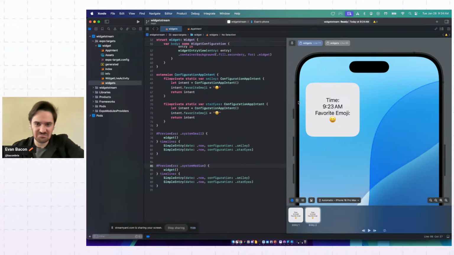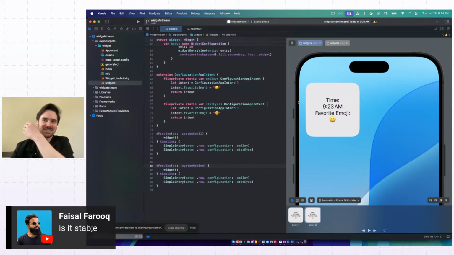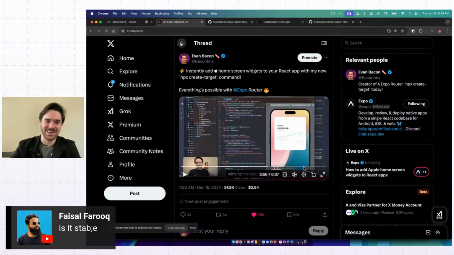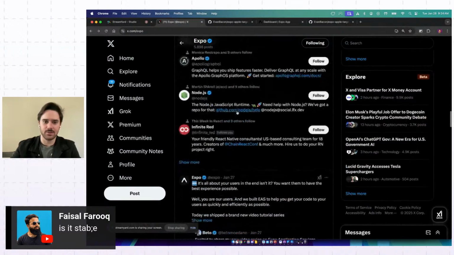Is it stable? Depends on what you mean. When I think about stability from a technical perspective, we've got Expo stable, config plugin stable, and this config plugin which links some code using an unstable PBX proj parser, and then some other elements like the Expo targets format. The technology is sound. I've shipped it to production. I've seen a few other people have shipped it to production. Some really great examples actually, by people who are probably at this point more qualified to talk about it than I am. But I would say the part that is the least stable is